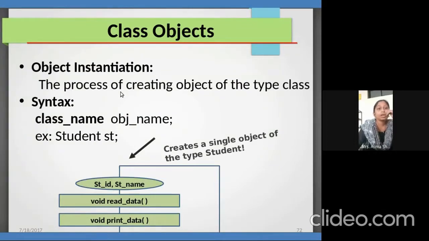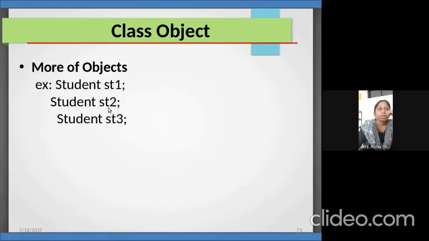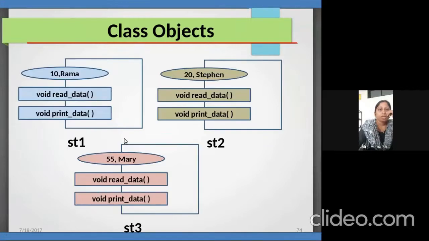So how do we create an object? For object creation, I have to write the class name, then the object name. We can have multiple objects using this same class name: student st1, student st2, student st3. Here, all are having different memory locations and different values. I am assigning roll number 101, that is Hina, then we have written 102, Dia.